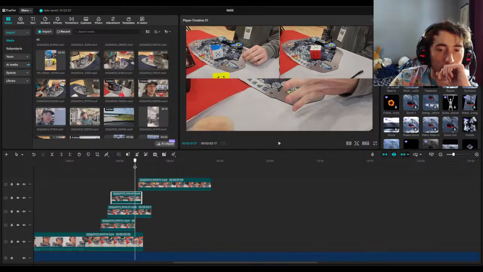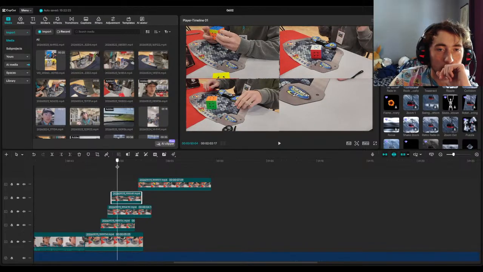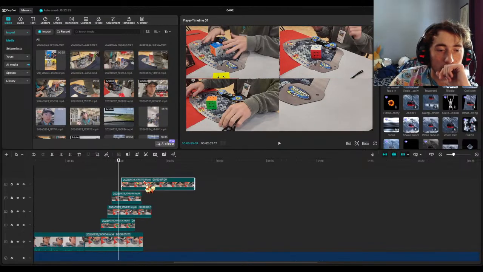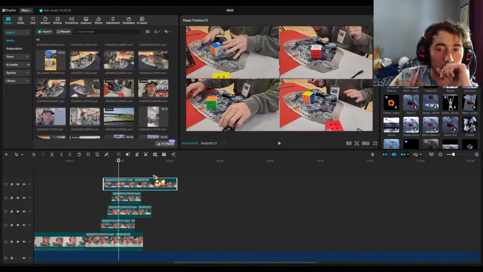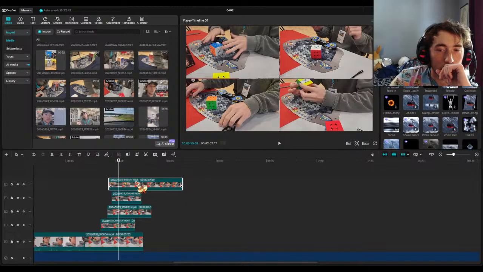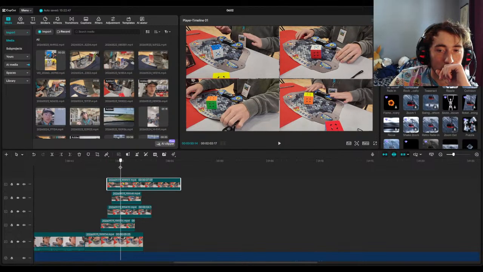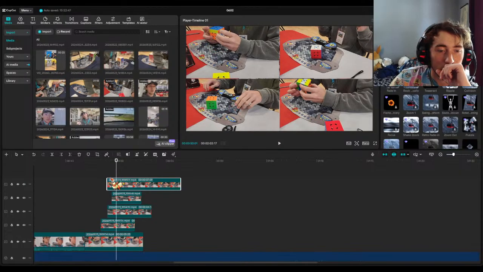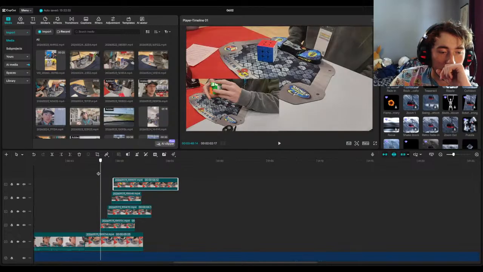And then we would make sure that, where does our final turn happen at? Here. Cut it to here, and we'll put it so if we watch,